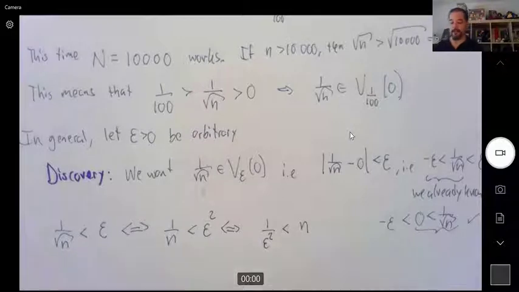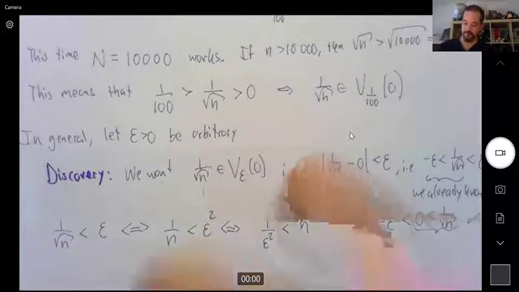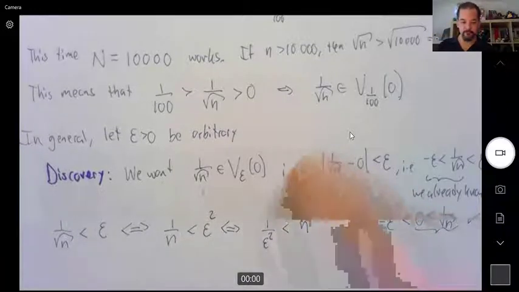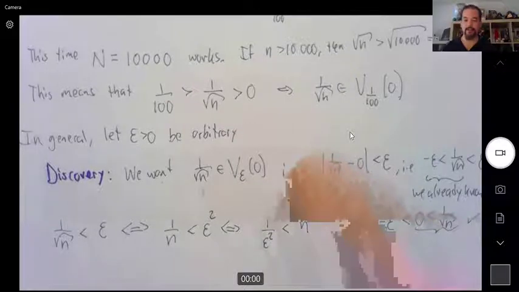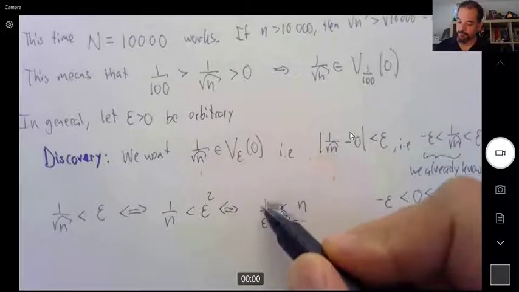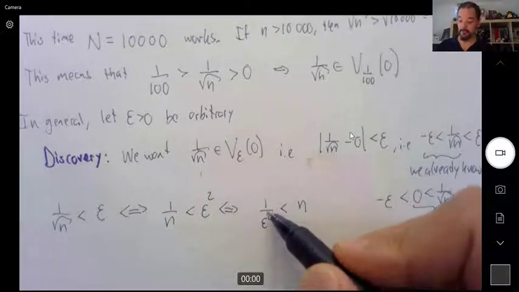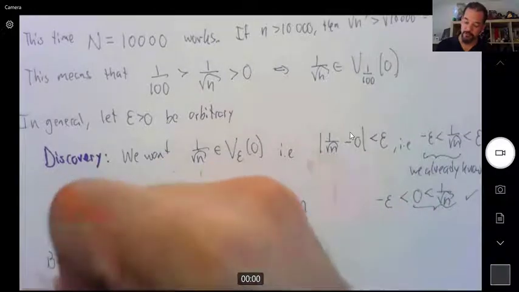So, perfect. Now I just discovered what capital N could be. Capital N is going to work as long as it's bigger than this, okay? Do we need to state Archimedes' principle to say that there's always another n that would fit that? Yes, exactly. That's the next thing I was going to say. So how do we know there is a positive integer bigger than this number? And that's the Archimedean principle, right? So by the Archimedean principle,